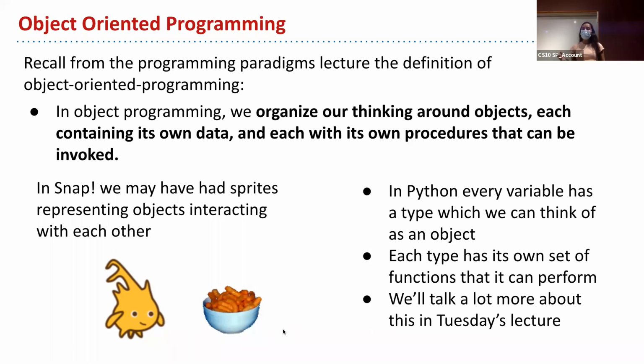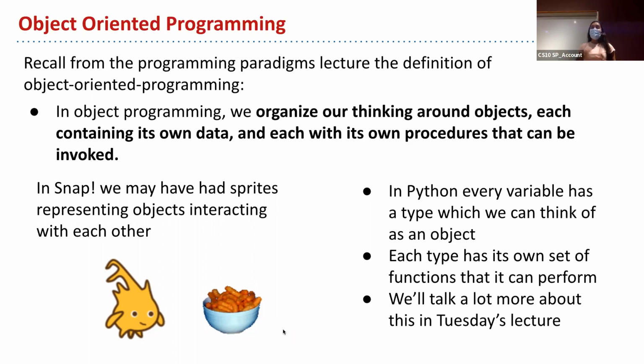Whereas in Python, it's a little different, because in Python, every single variable that we have has a type. In Snap, they also have a type, but it doesn't have to be predefined in the way that it does for Python. And each type in Python also has its own set of functions that it can perform. Functions in Python kind of map to blocks in Snap, right? In Snap, when we create a block, you might have noticed that sometimes it gives you an option if you want to create the block only for this sprite, or for all sprites, right? So that's the same idea here. In Python, all functions are often defined for a specific type, and so each type has its own set of functions that it can perform.